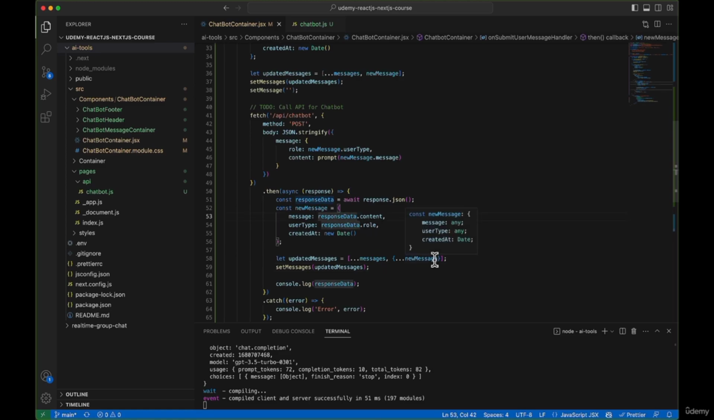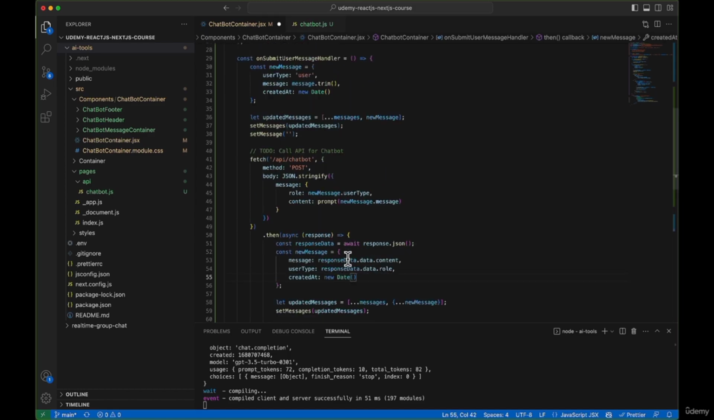First of all, our response data should have one more property, that is data. Since we have two fields over there in our response, first is data and second is success, we will use data over here as well. We need to get the role and content from our data. So that's one fix. Another fix is our state is not yet updated,